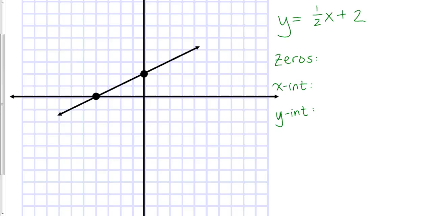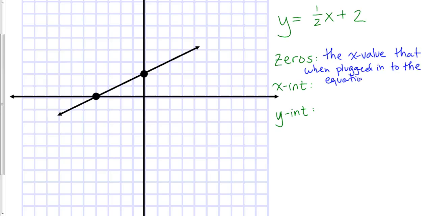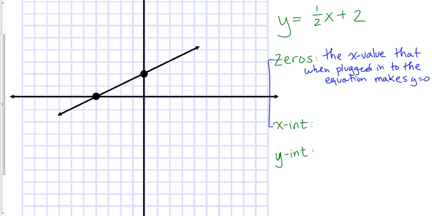But the zeros of the equation are the x values, or x value, that when you plug it into the equation, makes y equal to 0. So we're going to think about what value of x can we plug into that equation and get a y value of 0. We're going to come back to that one because the 0 and the x-intercept are very closely related. The x-intercept